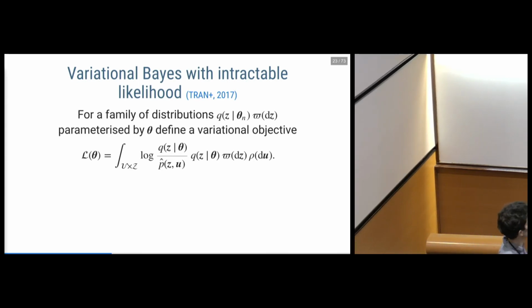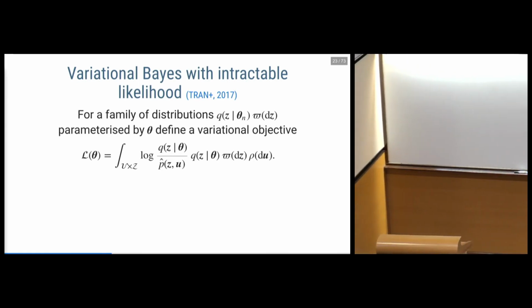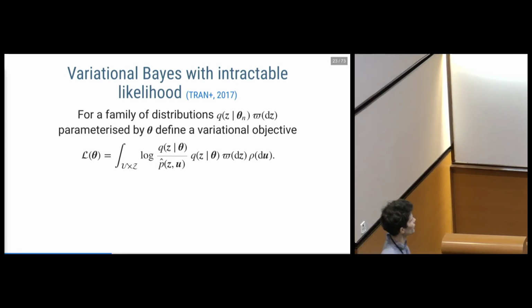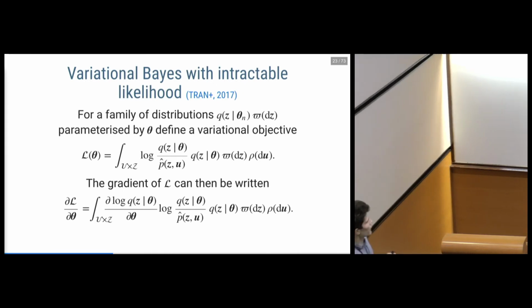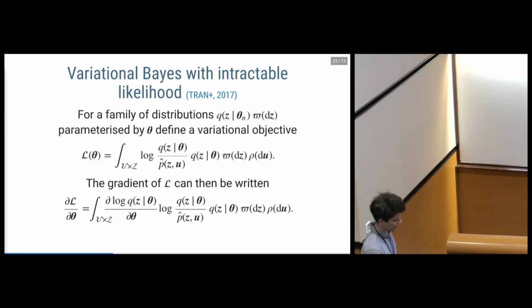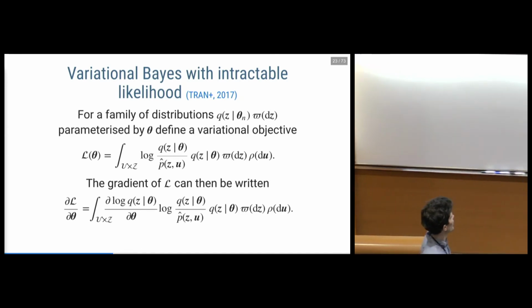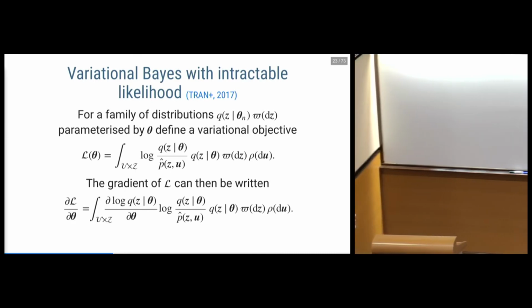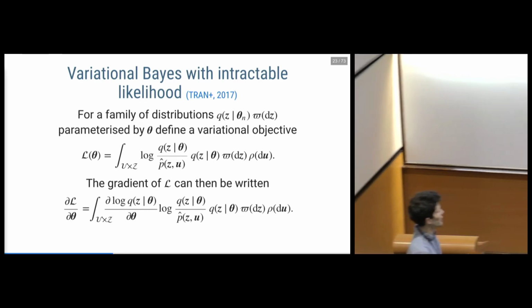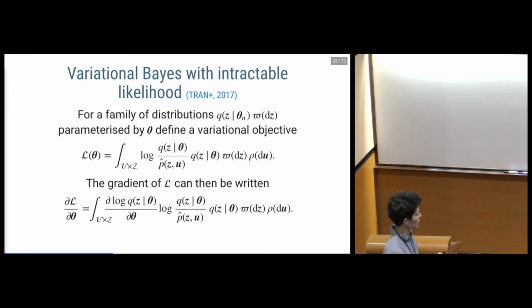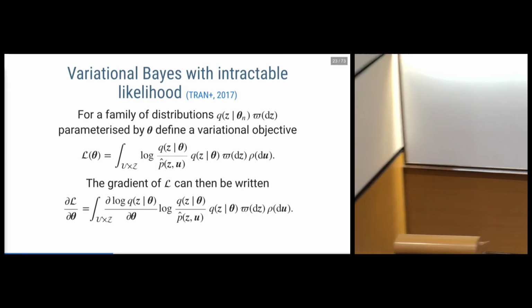So this looks a little bit mysterious at first, but we'll come on to a later slide to justify why exactly this is a valid thing to do. But if we just assume for now this defines some sort of valid variational objective, then the key thing is, if we use a score function type gradient estimator form, then we can come up with unbiased estimators of this variational objective just as expectations against this variational approximation, Q, and samples from, again, this rho distribution on our auxiliary variables.